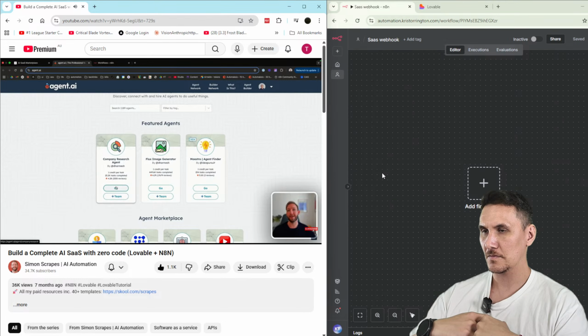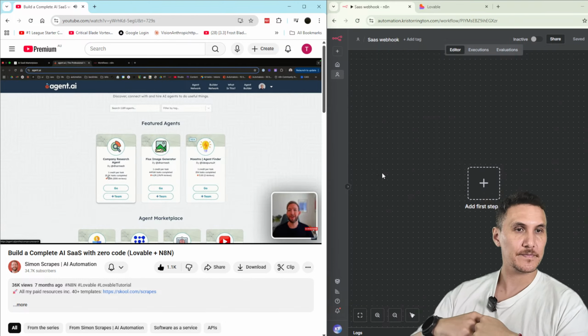So on the back end, that would just be an n8n automation, for example. And on the front end, the user is able to click through and put in some inputs and receive an output from our agent there. This website alone supposedly has above 500,000 users, and you can see this agent alone has above 25,000 tasks completed